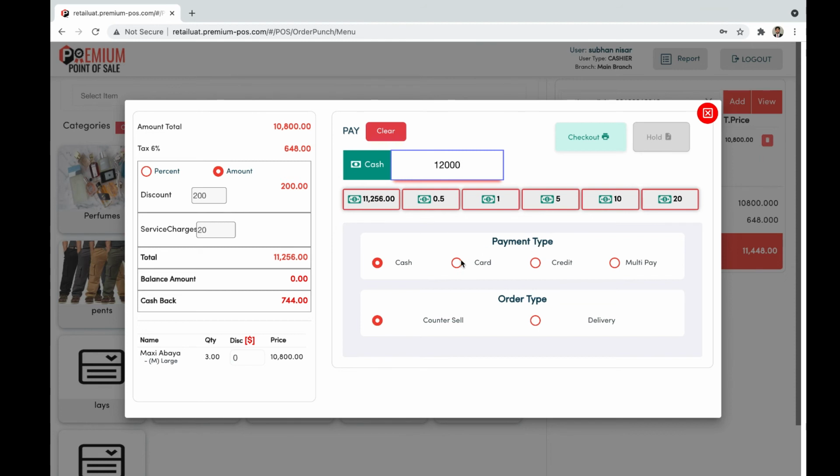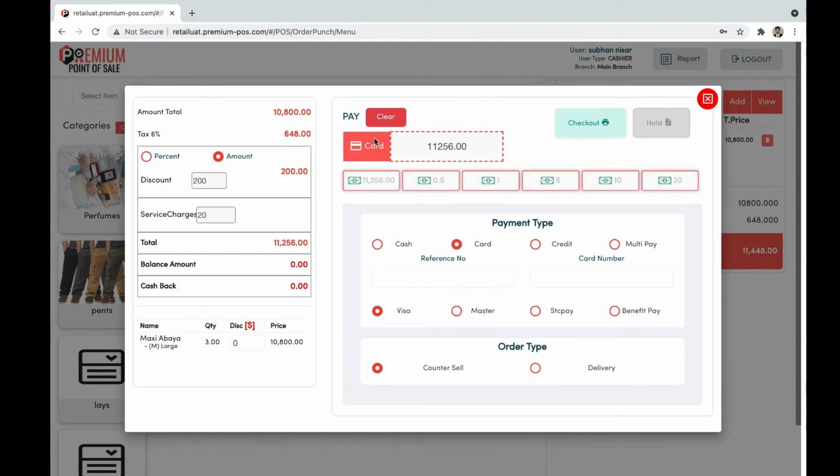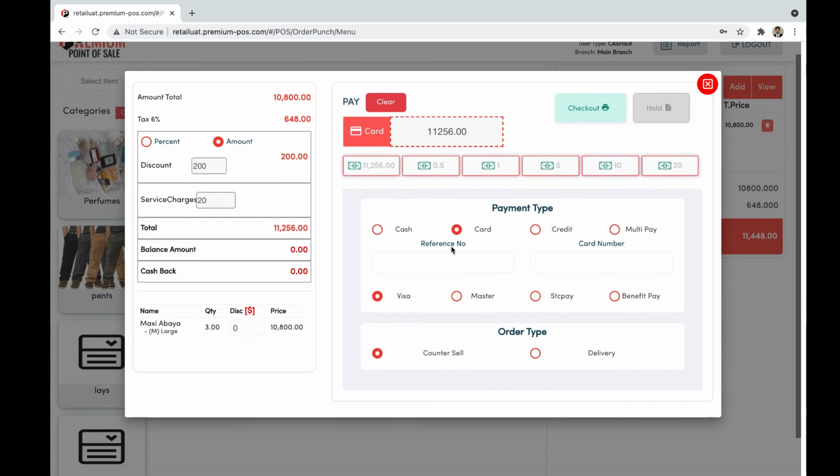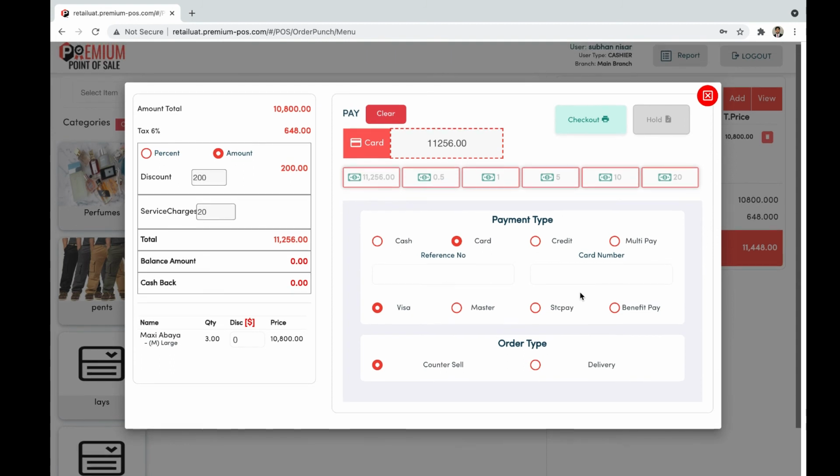If the payment type is card, you can see the total amount that should be deducted from the card is shown here, along with a reference number and the card number, and the card type: Visa, Master, STC Pay or Benefit Pay. Once the card transaction has been done, the cashier will enter the receipt reference number here and the card number here.